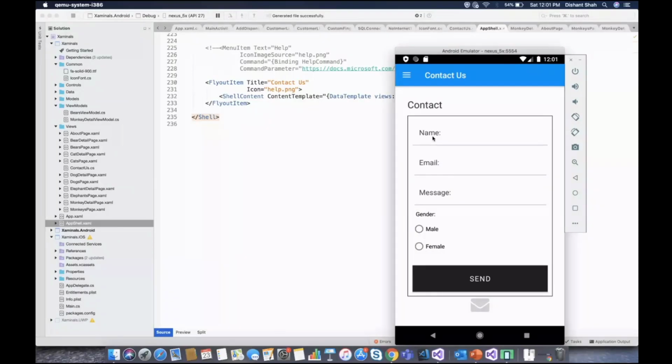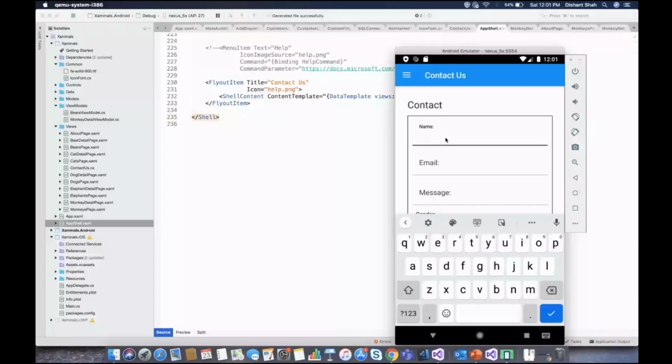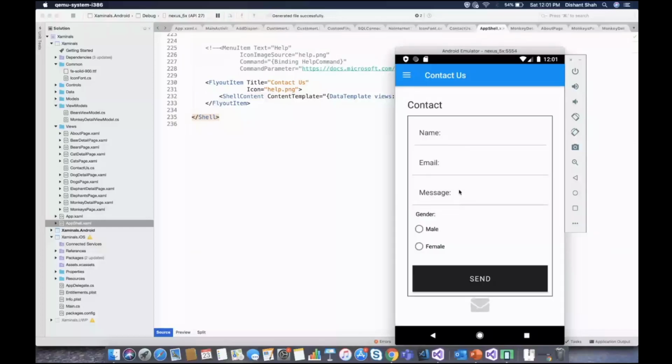For this page also I am using material design. If I click on this name, you can see how this material UI pops up, like name will go at the top. Pretty good looking. And then I have these radio buttons, which are newly introduced in 4.6. You can see if I click any of those buttons, you can set the default, but as I didn't set any default value, it's just empty.